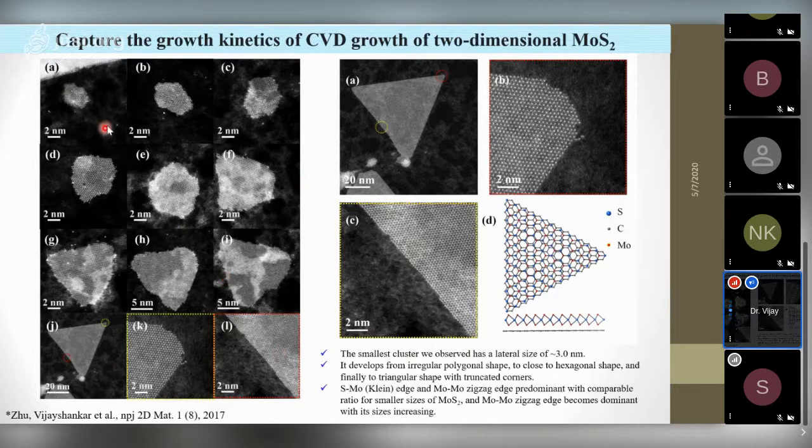With the use of our ChemiStem advanced Titan FEI transmission electron microscope, we are able to identify each and every single atomic column. Even the single atomic contrast is visible here. We can easily say which bright spots are molybdenum and which dark spots are sulfur because of the atomic number. So the STEM shows that elements with different atomic numbers possess different brightness and contrast. So we can easily locate where the molybdenum is and where the sulfur is.